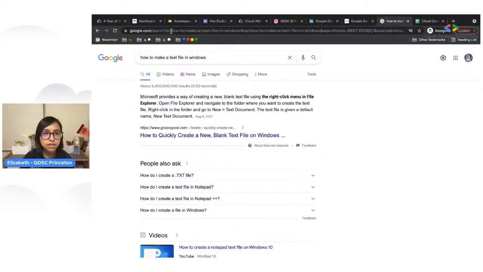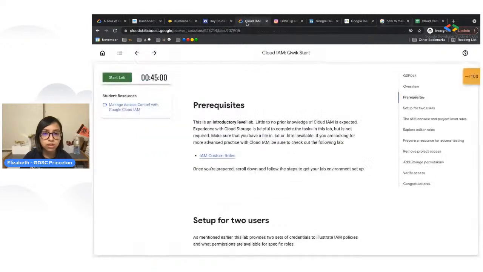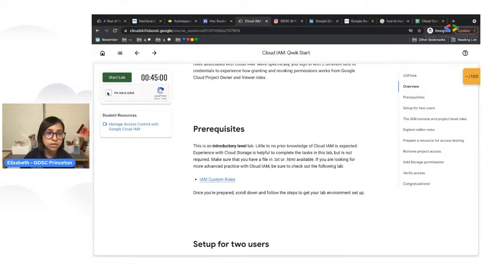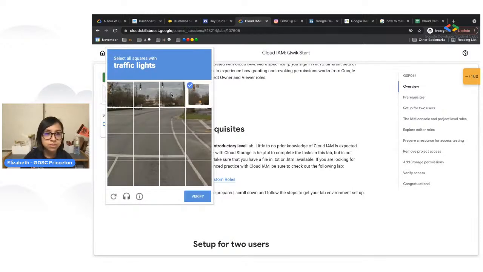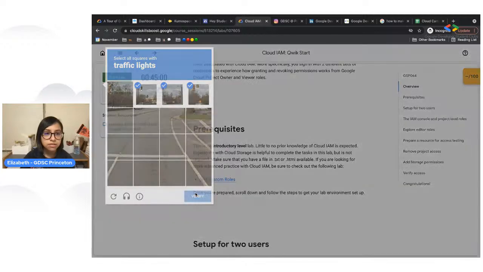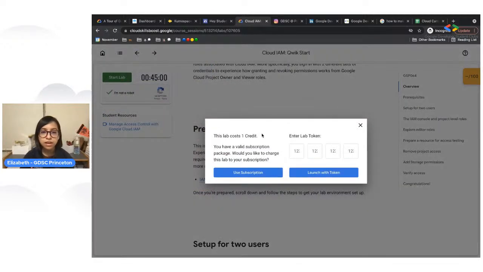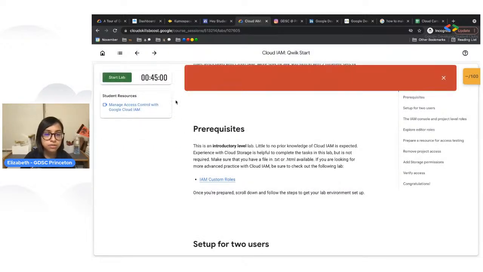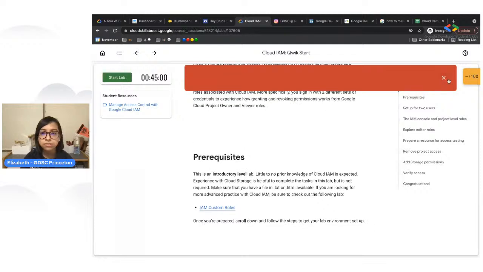All right, let's head on back to our lab then. Now that we've got our .text or .html file all set up, we're going to go ahead and press Start Lab. Perfect, so here, it's asking me to verify that I'm not a robot. Perfect. And then it's going to ask us how we want to pay for this lab. So we have our monthly subscription. We're going to go ahead and press this Use Subscription button here. And once that loads, we see,